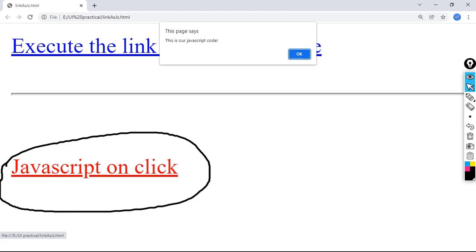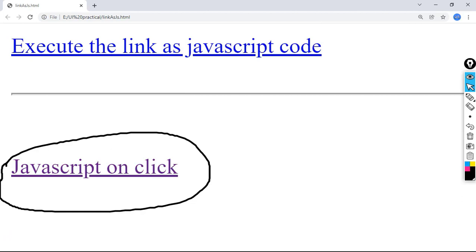Now I am pressing the enter button. So in this way, with the help of a hyperlink, we can execute our JavaScript code, and the same functionality we can achieve with the help of the onClick attribute of the anchor tag.